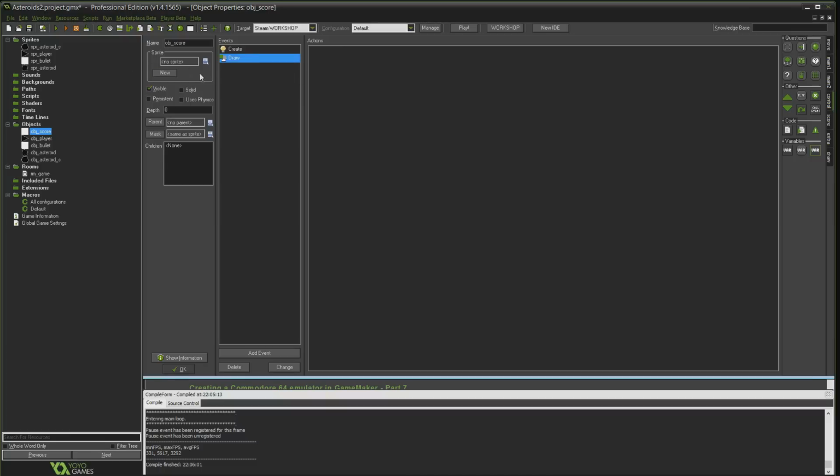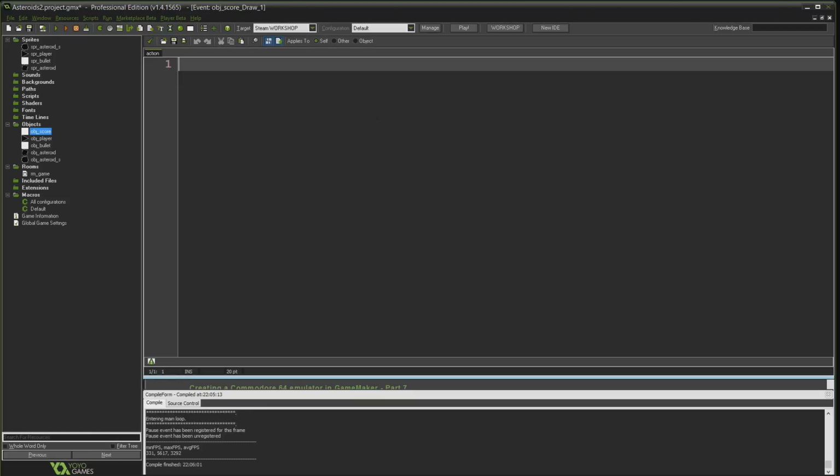And this object doesn't even have a sprite, because what we're going to do in this object's draw event is just draw some text on the screen that shows what our current score is. So go ahead and in the draw event drag in an execute code action. Now by default the drawing color is set to black, so what we're going to do first is set our drawing color to white by saying draw_set_color(c_white);